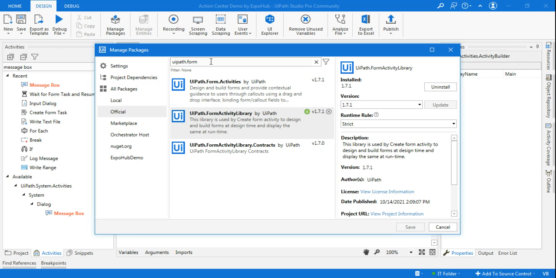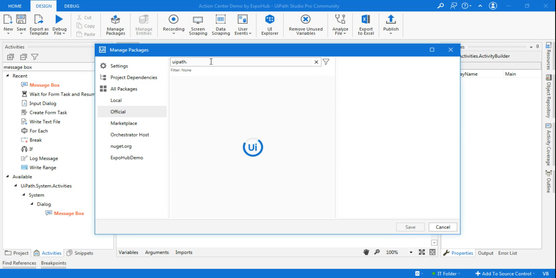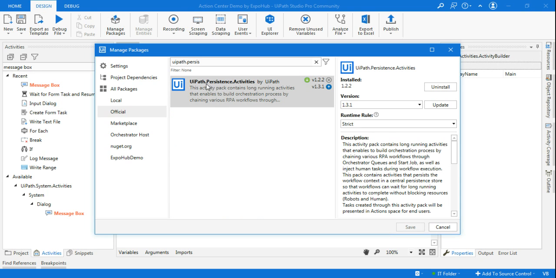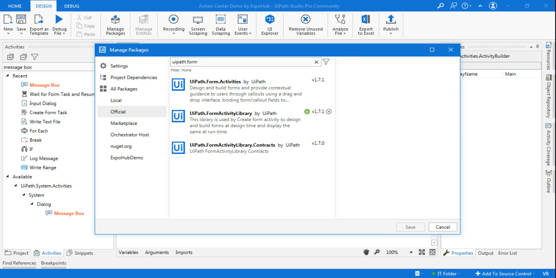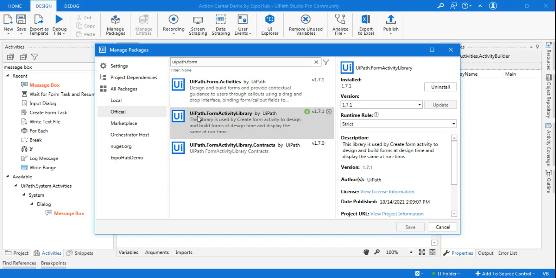Now the next package that you need is UiPath persistence, uipath.persistence.activities, and this is the second activity that you need. Now first of all, let me help you to understand what are these packages that we need, why we need these packages. Now the first one I told you, uipath.form activity library. Now this package is required for you to build forms. Okay, to build forms you need it. And the second one,